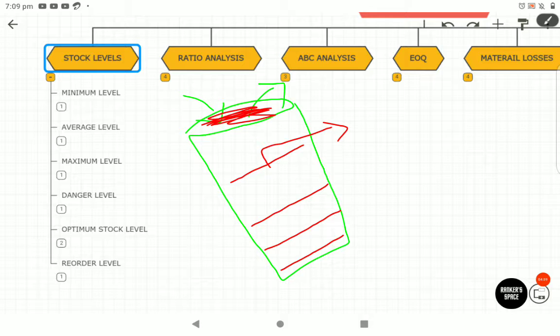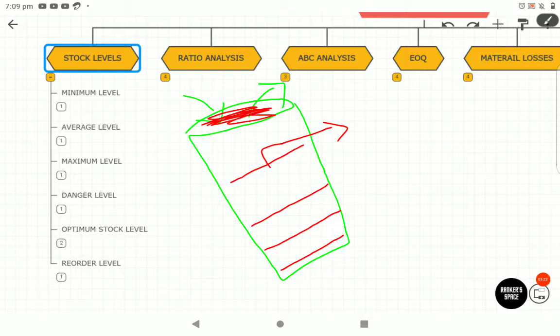At that point they will place an order for a quantity of raw material from their suppliers. They will mark and keep a level: if the quantity reaches this level, we will go for ordering, we will place an order with the supplier. So that quantity is called the reorder level. This is the bin-wise mechanism. Just like households, manufacturing units also use the same thing.